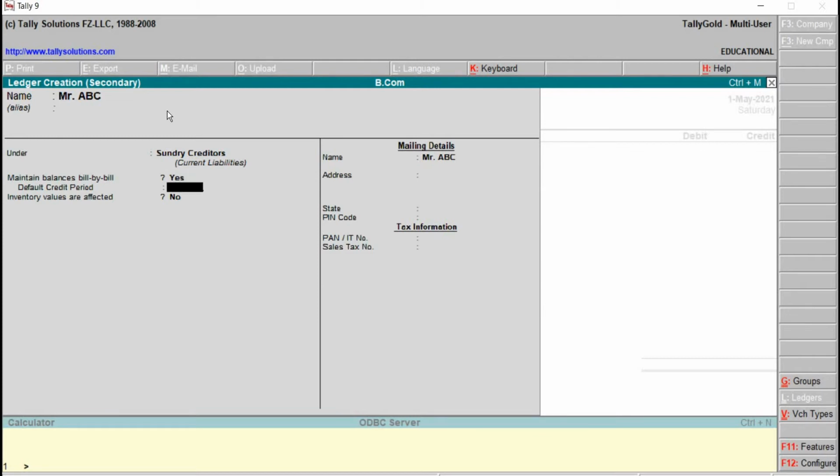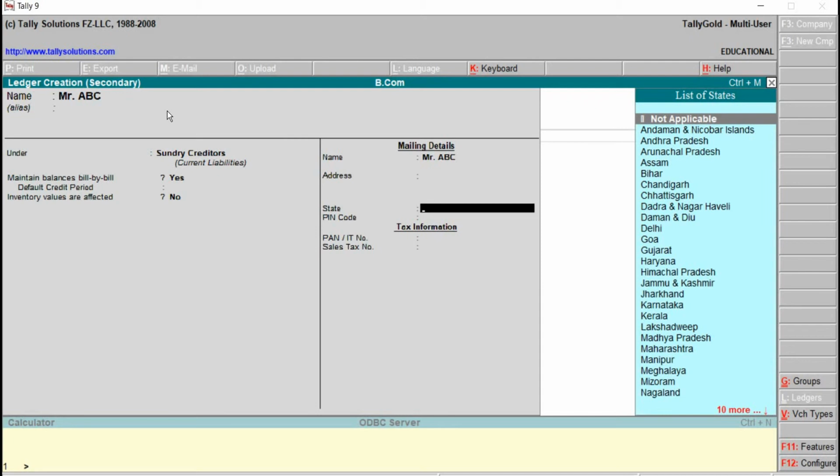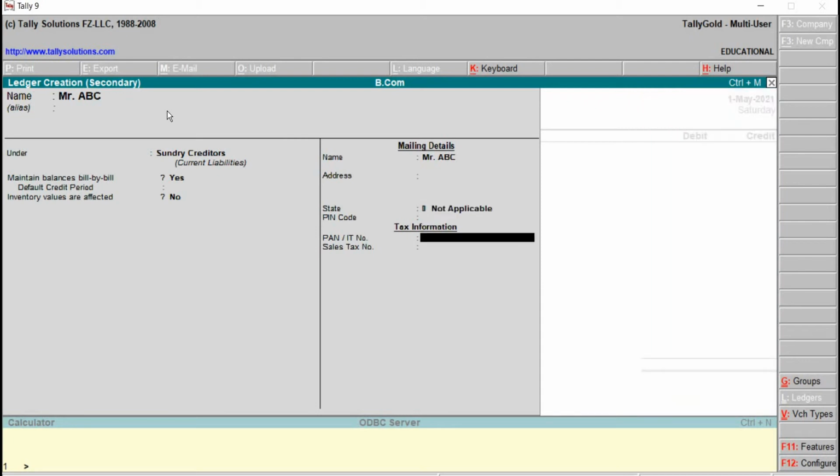And we can provide even the credit period. That is, we have to provide whether it is for 10 days, 15 days, 20 days, 30 days, that has to be mentioned here. Then we have to provide the details of the supplier or the creditor, the name, address, state, PIN code, tax information. Accept question mark, press Y from the keyboard.